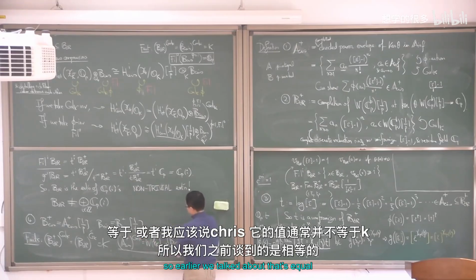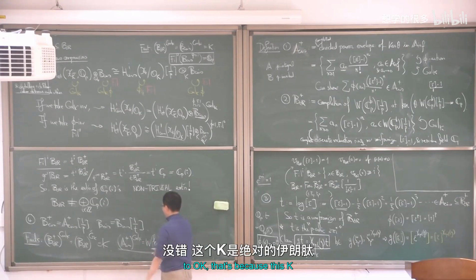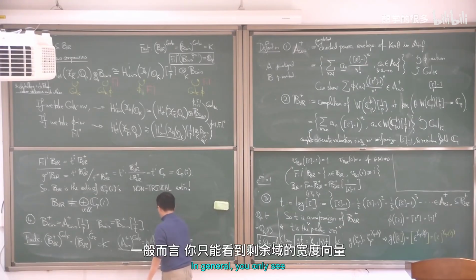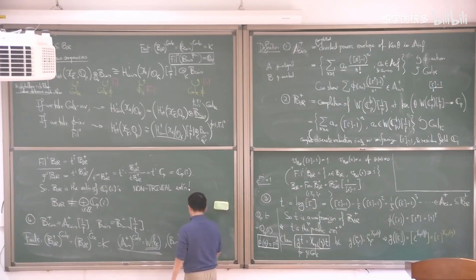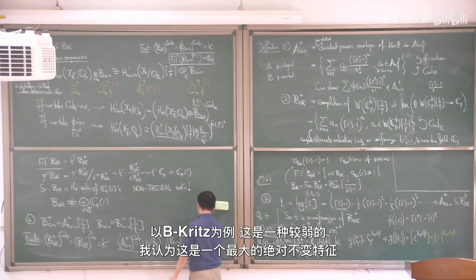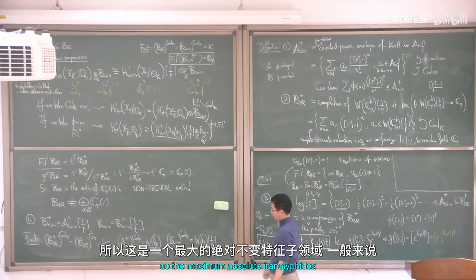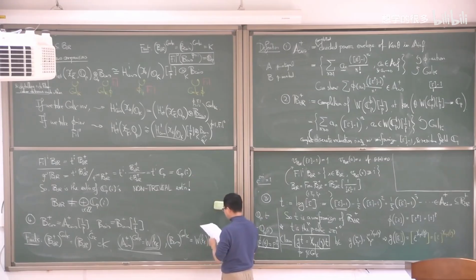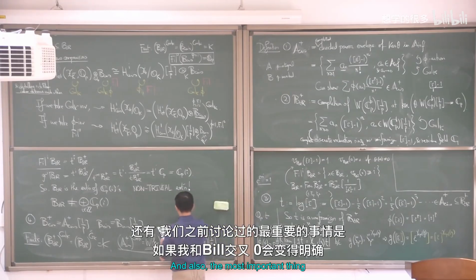So earlier we talked about that's equal to O_K. That's because this K is absolutely unramified. In general, you only see the Witt vector of the residue field. Same for B crys. This is the maximal absolutely unramified subfield of K in general. And also, most important thing we discussed before, this one, if I intersect with the field, B crys,